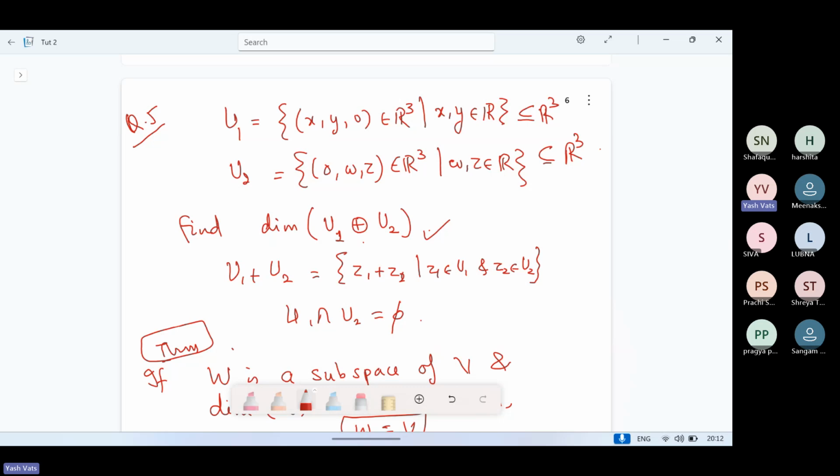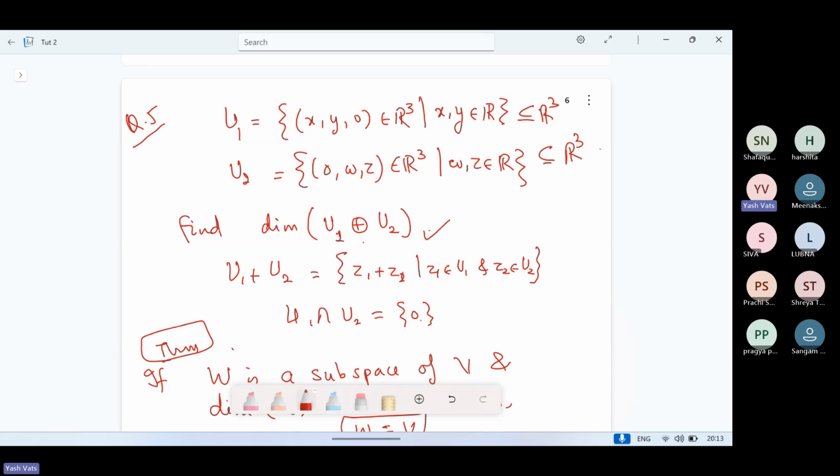Here is an element which is common. Sorry, here there is one element. Sorry, it is 0 actually. Yes, tell me. What's your name? Sir, it's Shafak. Shafak, yes, tell me. What's the dimension? Sir, 3. Why? Sir, 0 plus ... x and y plus w will be y plus w, and 0 plus z will be z. So I think